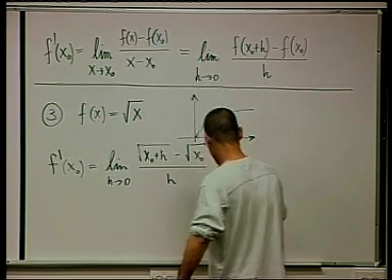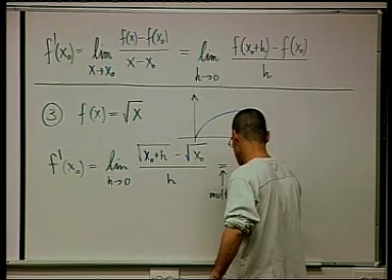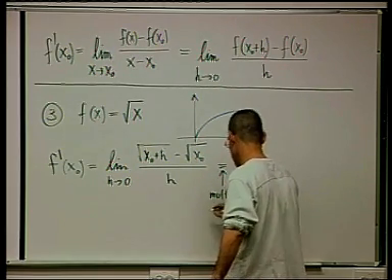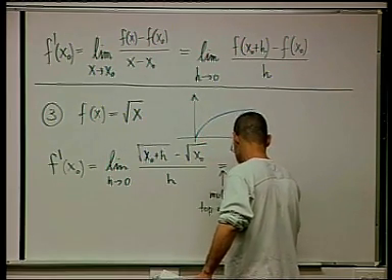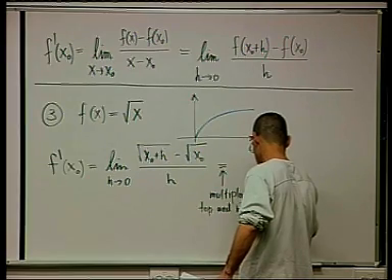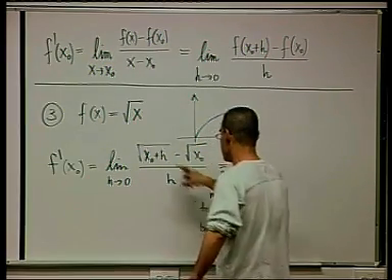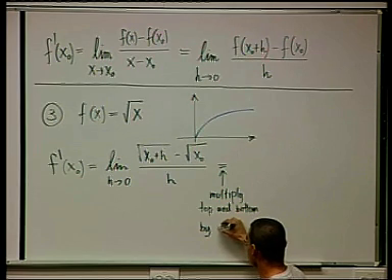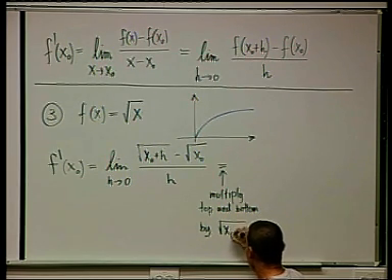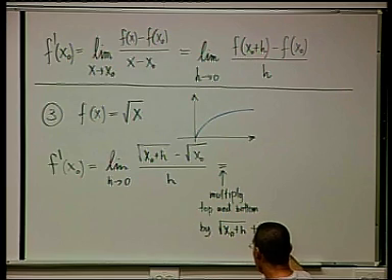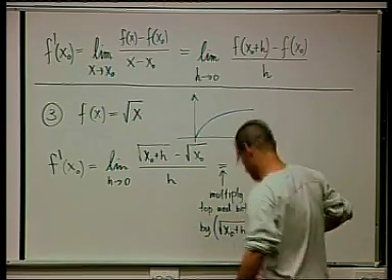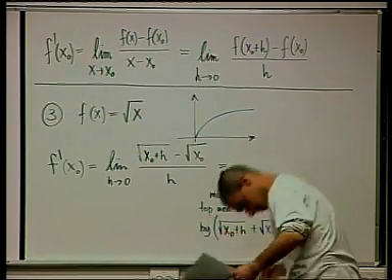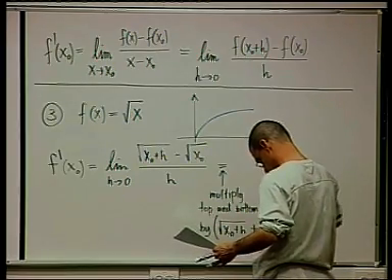Multiply top and bottom by the conjugate. By the conjugate we mean take the same expression but with a plus: root of x0 plus h plus root x0. And the reason to do that, well, if you've used this trick,